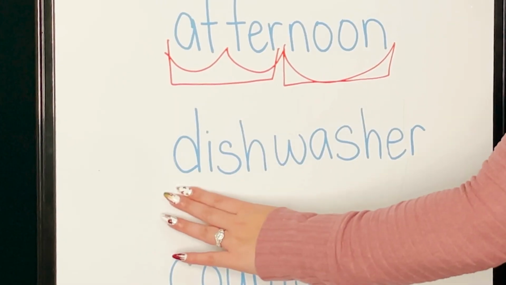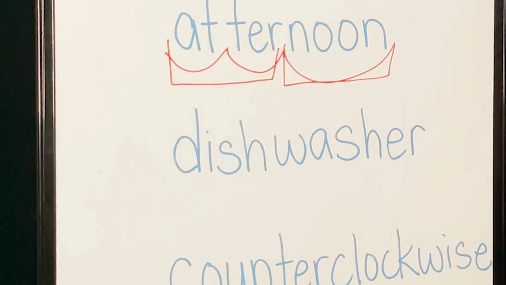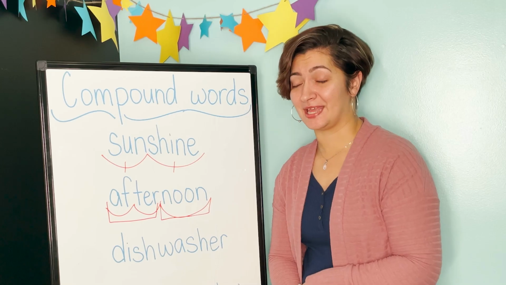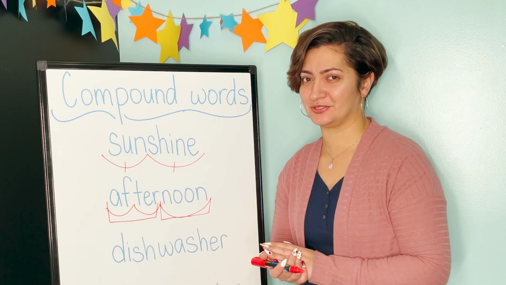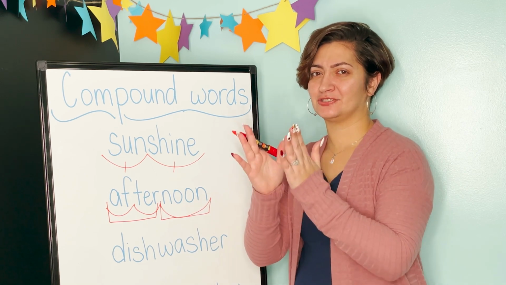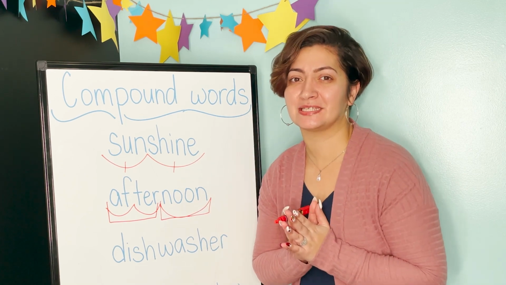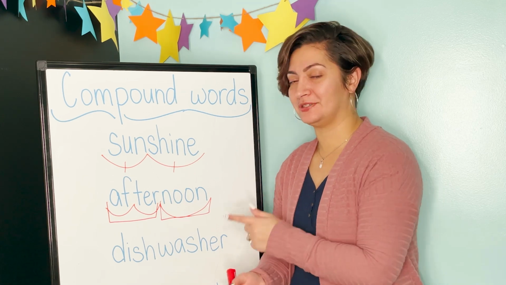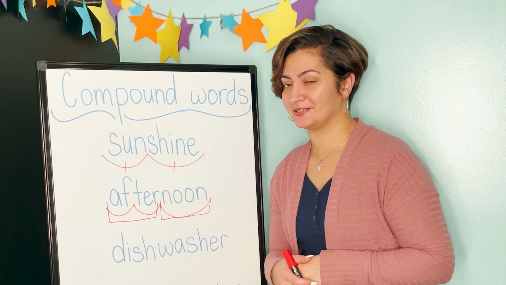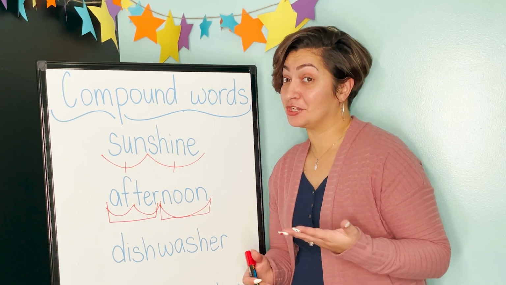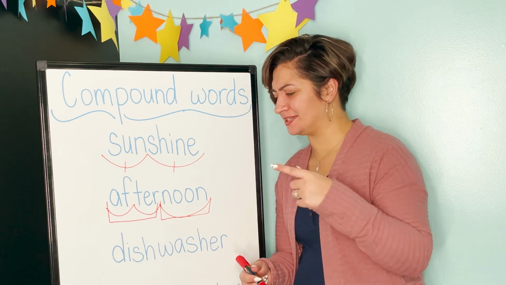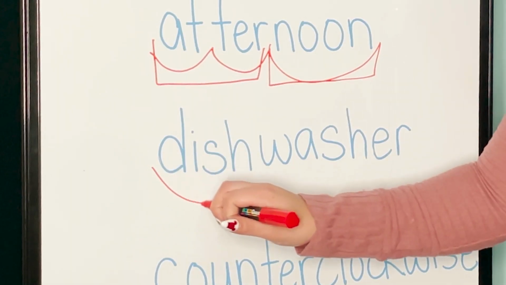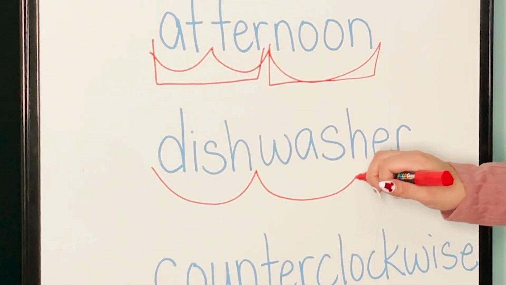This word is dishwasher. What's the word? Nice. Let's clap out its syllables. You ready? Dishwasher. How many syllables? 3. Nice job. Do you think there's 3 words in this compound word? It could be. That's a possibility. Let's check. We got dish, wash,